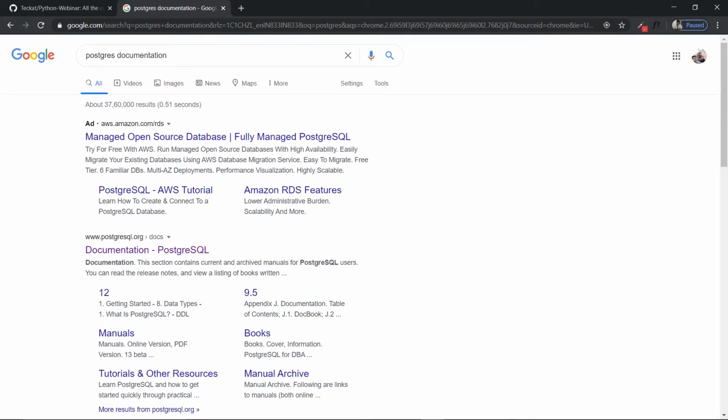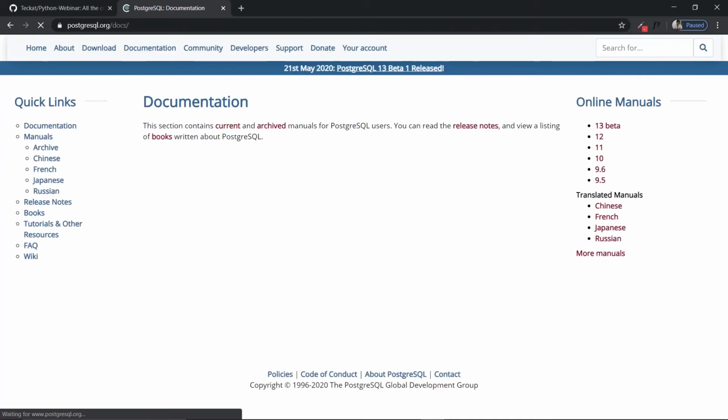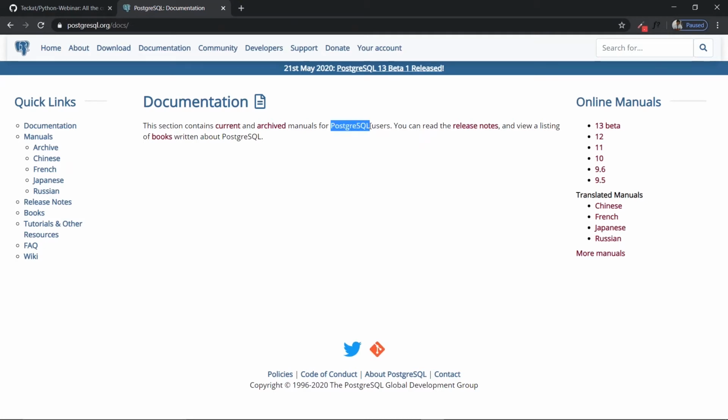Similarly, Postgres is also a database and it is widely used. Over here, we use the normal query language of SQL, so it is known as PostgreSQL.